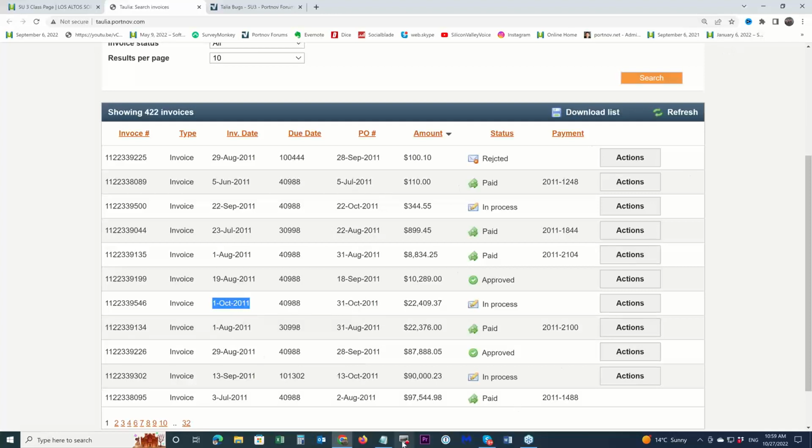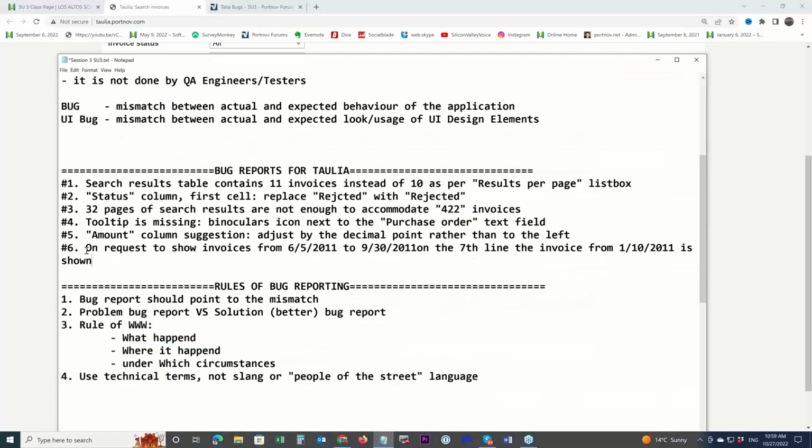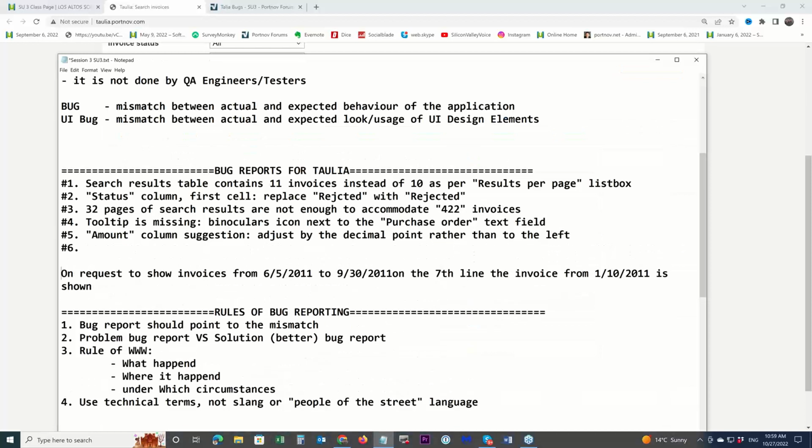Invoice date field, okay. So what I would say, so location, I would say invoice date column, okay. Invoice date column. What happened?